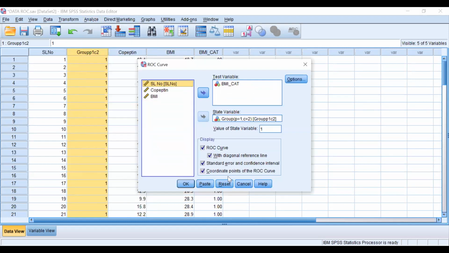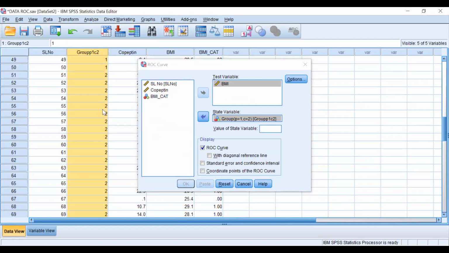You have to go to ROC. In ROC, you have to take BMI as the test variable and group as the state variable, because we have 1 as PCOS and 2 as not PCOS.